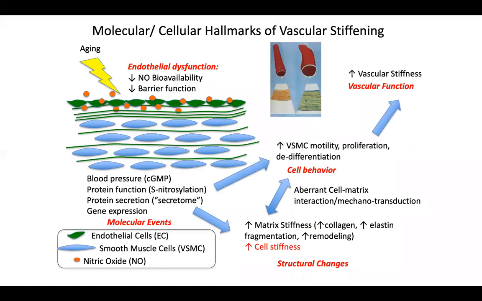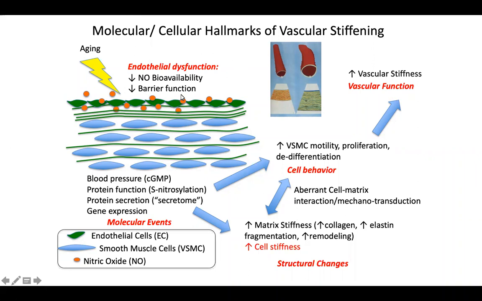So the question then is, yes, we can agree that pulse wave velocity and vascular stiffness are an important parameter to study in humans, and develop mouse and rat models so that we can understand how to interrupt vascular stiffening. But before we can do any of that, we have to understand what is known about the molecular and cellular hallmarks of vascular stiffening. The main thing that's known is that with aging,